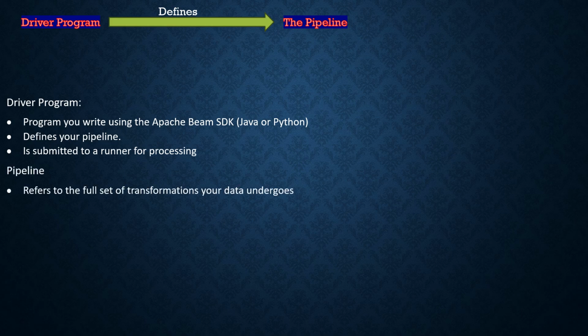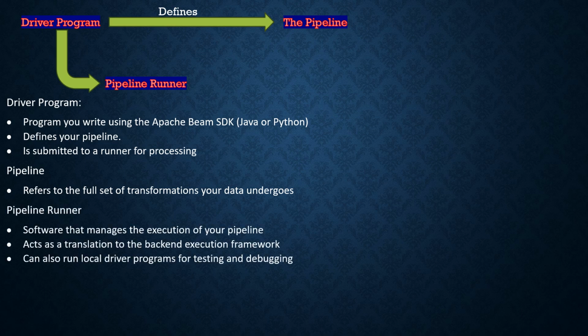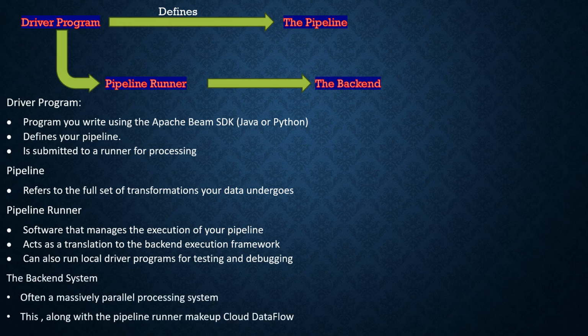Your pipeline runner is software that manages the execution of your pipeline, i.e. Dataflow. This acts as a translation to the back end. This can also run local driver programs for testing and debugging. The back-end system is often a massively parallel processing system, and this, along with the pipeline runner, make up Cloud